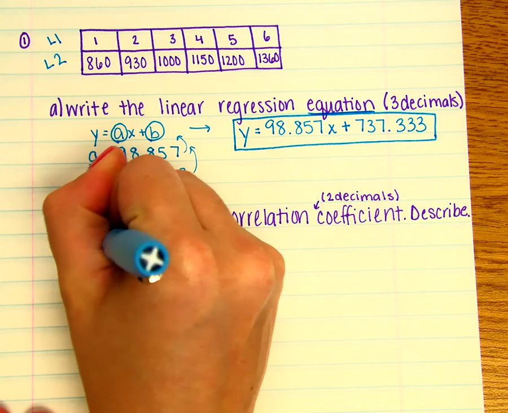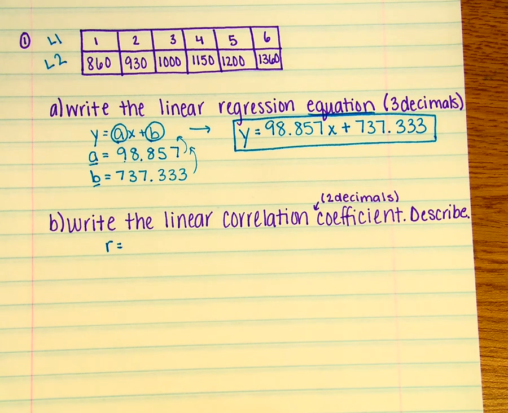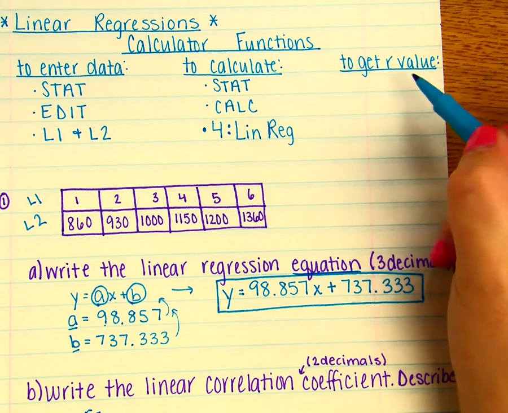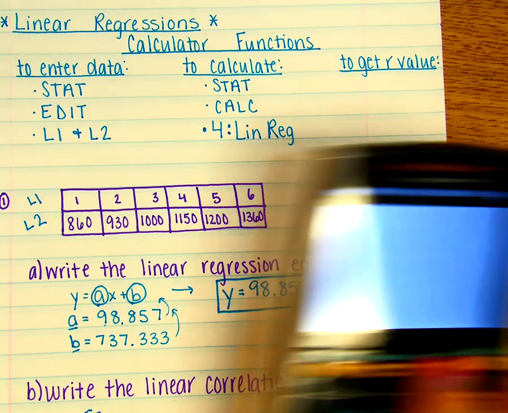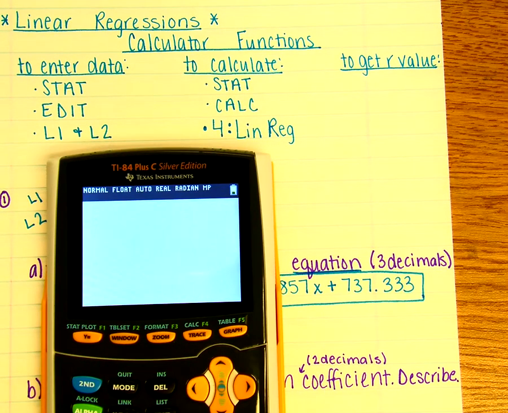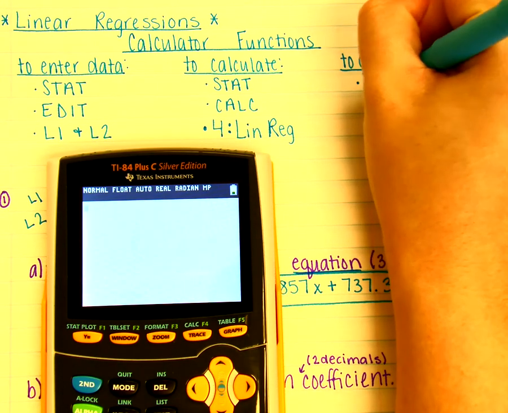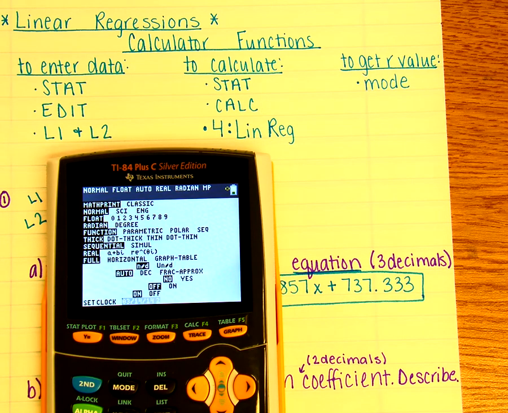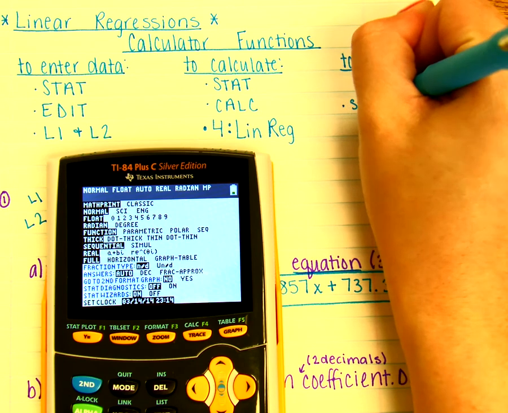Correlation coefficient, that's what we just finished talking about in the previous video, is what R is equal to. So up at the top here in our calculator functions, to get the R value, we're going to talk about how to do this, okay? So once you're at your screen, clear it back so you're at your main screen here. First thing I want you to do is press the mode button, which is right here next to second, and you'll see a whole bunch of stuff come up here on the screen. I want you to go down to where it says Stat